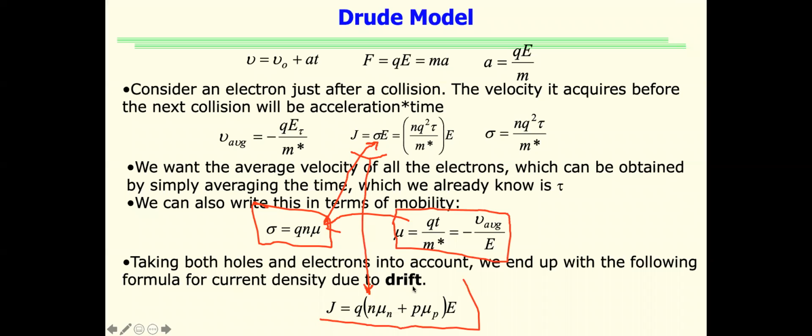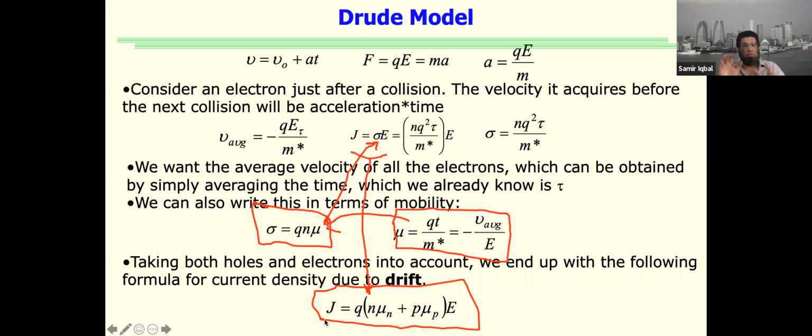Now, this relationship is different from what I showed you before. The first one I showed was the overall current, which had two parts, drift and diffusion. Drift can have two parts, because compensated material will have both N-type and P-type dopings. So if it does, you have to take care of n, mu n, and p, mu p, both of those, N-type and P-type material. If one is negligible, then you use the simplified relation that was given on the previous slide,